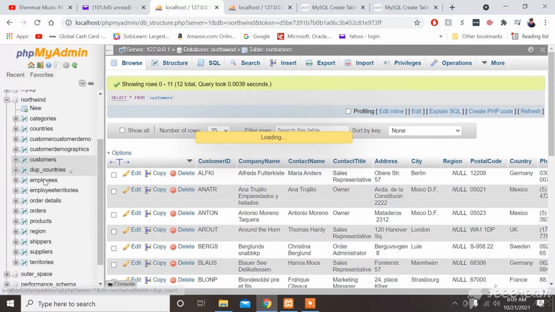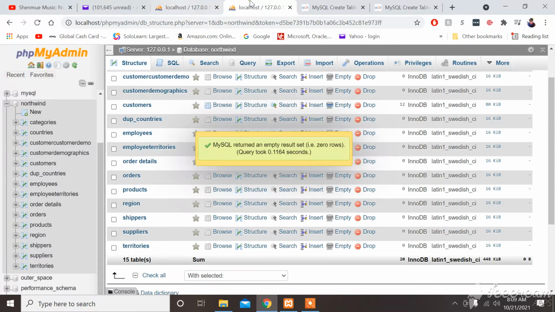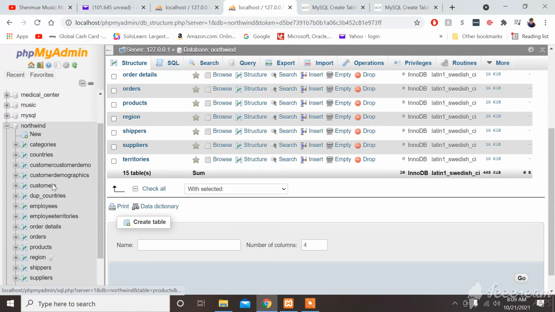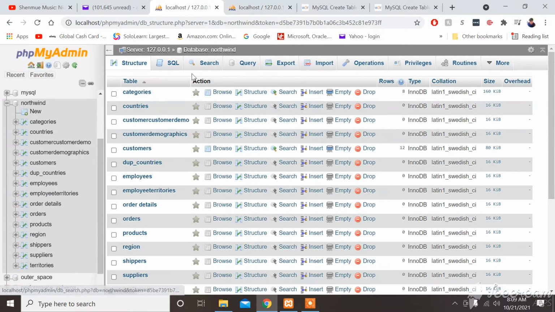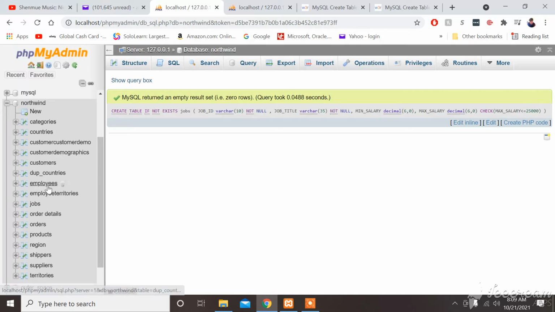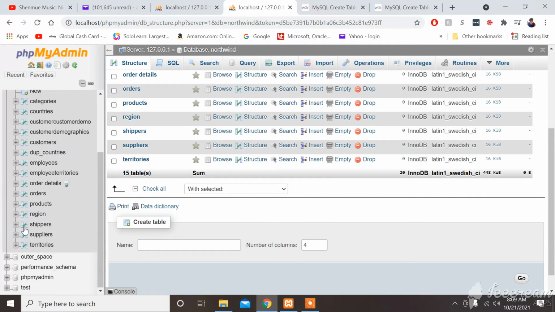Okay, you see how there's not a jobs table in here? What you can do is go to SQL, copy paste, put the code. See, now you updated this, but right here, it's empty.